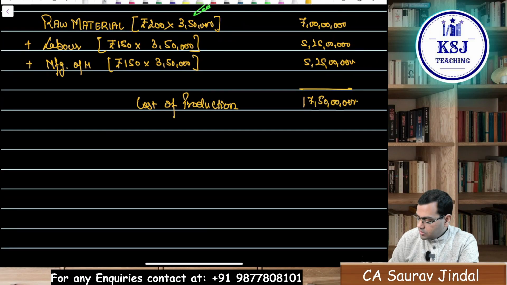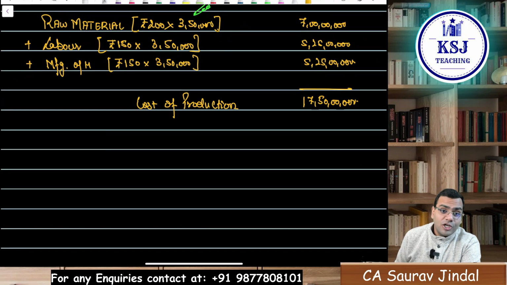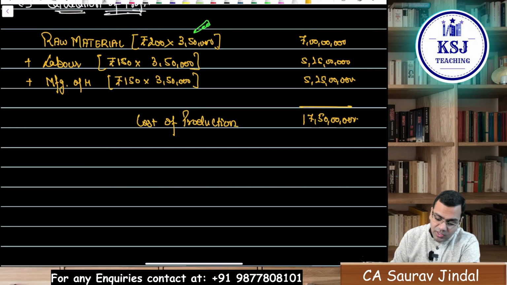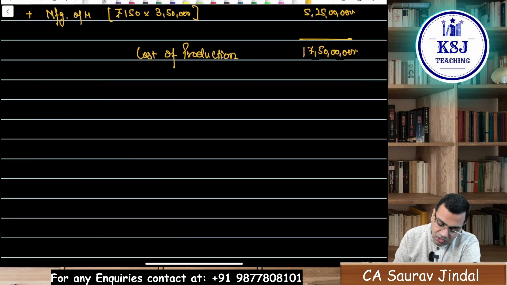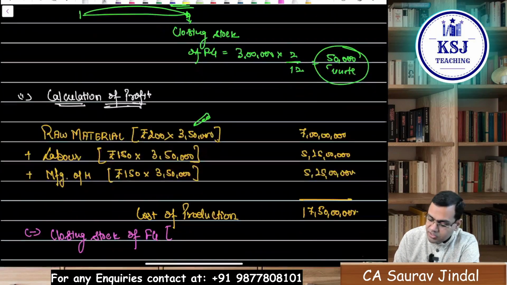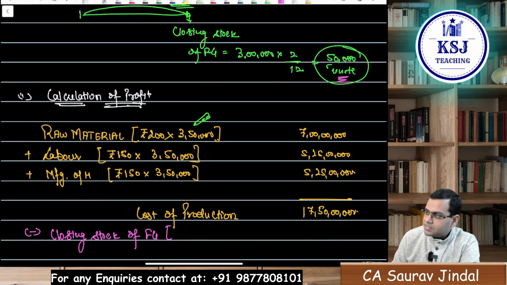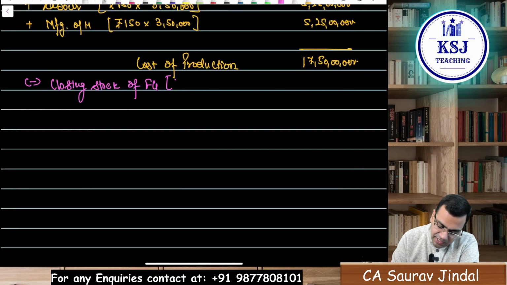Now, what is your next step? What is your next step when you are preparing the cost sheet? After the cost of production, what do you take? 7 crore plus 5 crore 25 lakhs plus 5 crore 25 lakhs. From here, you will subtract your closing stock of finished goods, isn't it? How many units as the closing stock of finished goods? We have just seen here. That is this 50,000 units. So we'll write 50,000